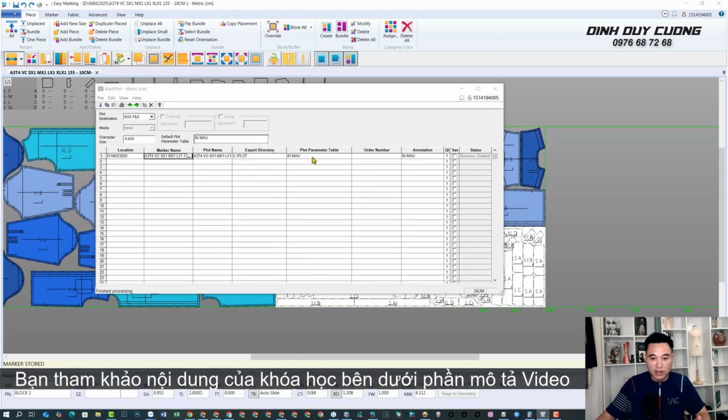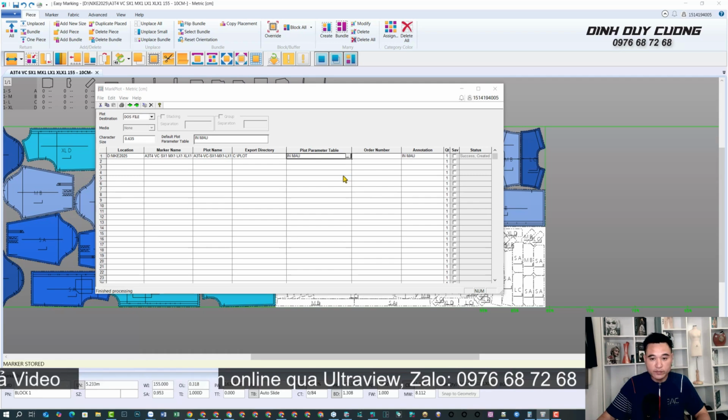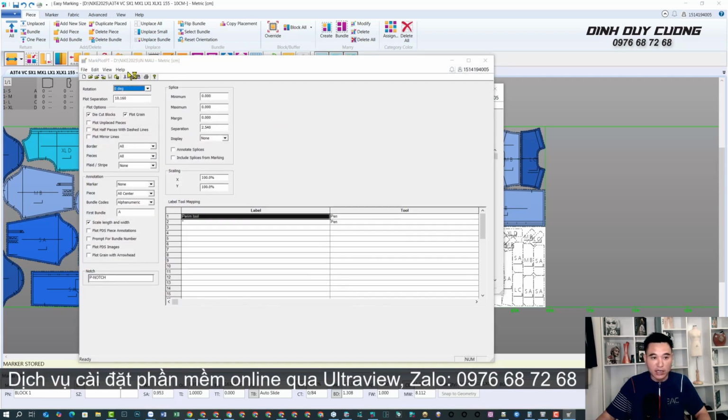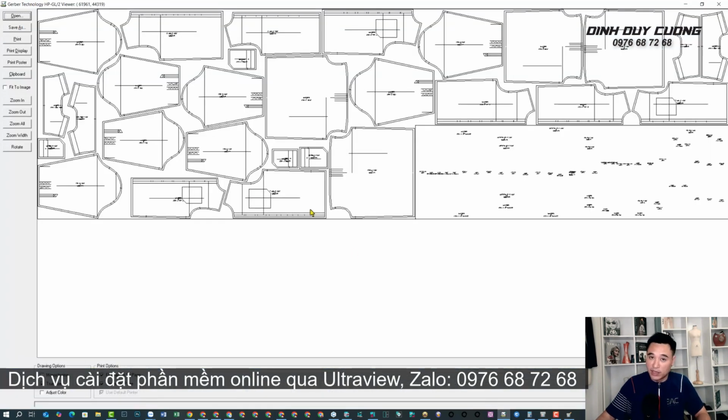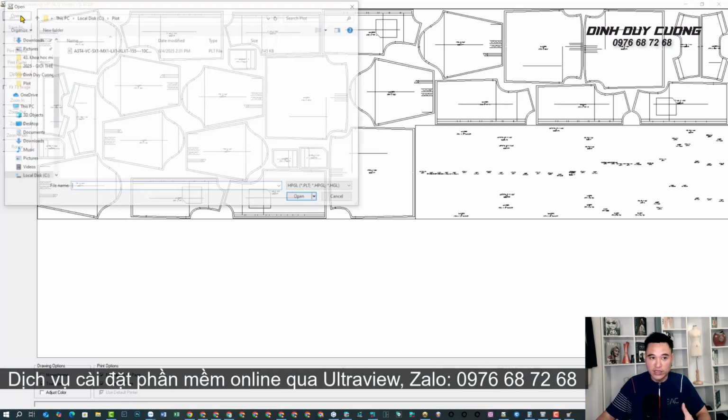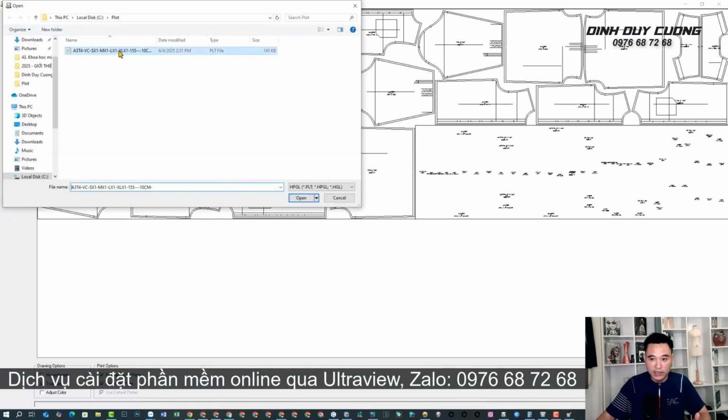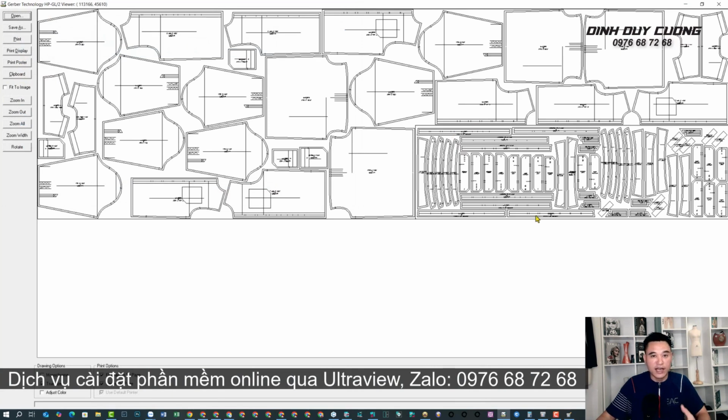You'll navigate over to this particular section right here, plot parameters. Right click on this line and then select open. Once the marker plot window appears on your screen, please go ahead and uncheck the die cut block option for me. After that is done, click save and then minimize this window. Now click the process button for me and then click process once again. Next, please open the specific file that we have just exported as a PRT HPCL file. Now, looking there, you can immediately see that all of the lines have been successfully printed out.